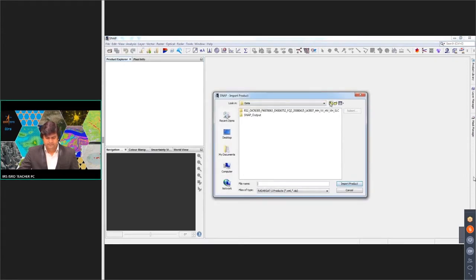Now after that, this window will appear, and here we will have to give the input of the data set. This data set is kept on the desktop in the 42nd course folder, and there is another folder with the name data, and the data set is kept here in RS2